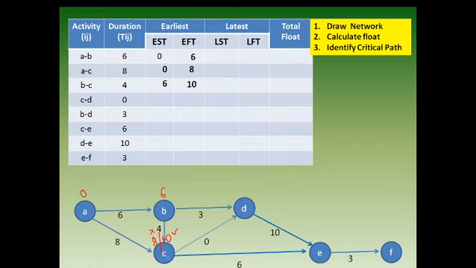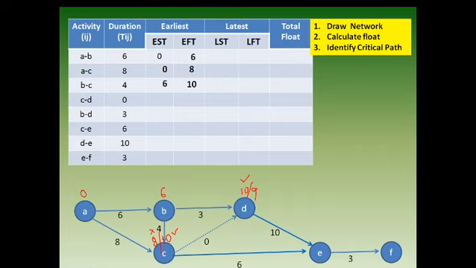Done. So next is C to D. Where is C to D? C is how much? 10 days. D is how much? 10 plus 0, dummy activity means 0. So we will get one value as 10. So from here 6 plus 3, we will get the value as 9. Which value will adopt? We will adopt the maximum value. We will adopt 10. But what we need to write over in the table?